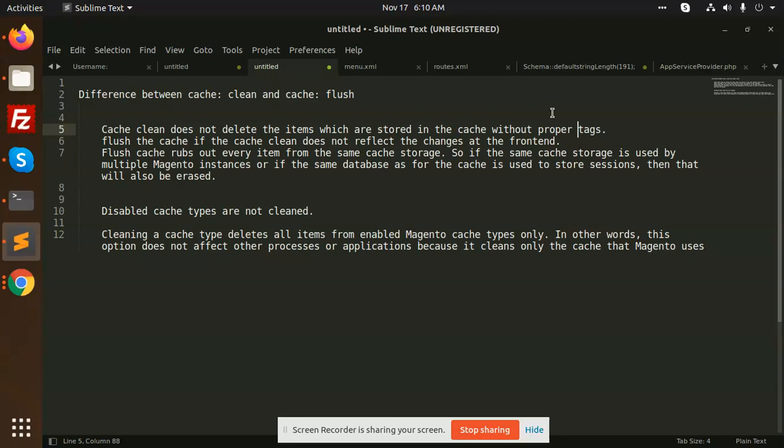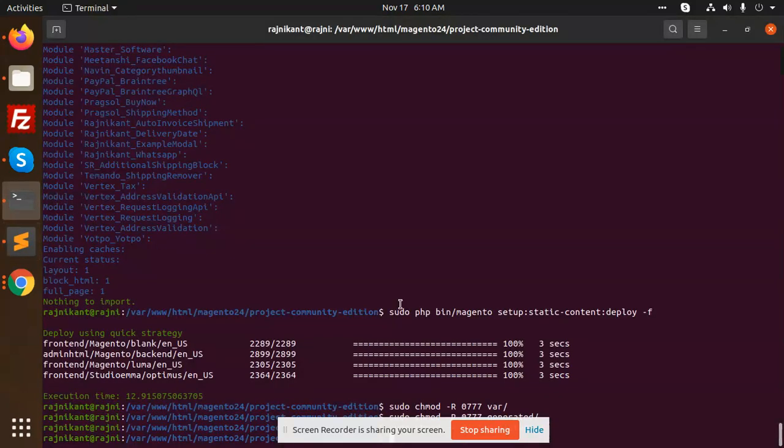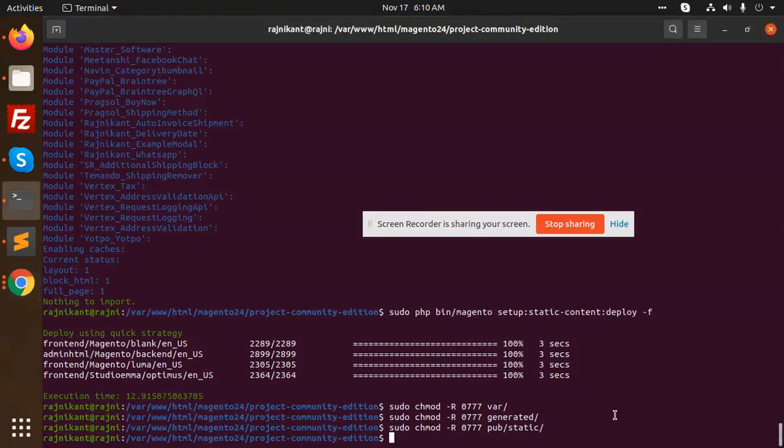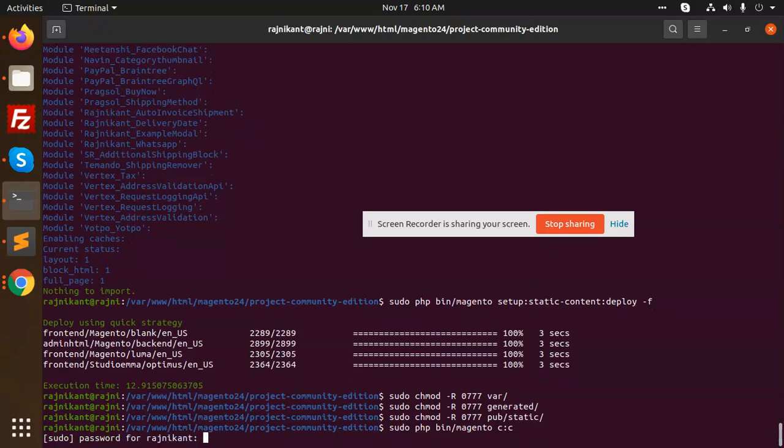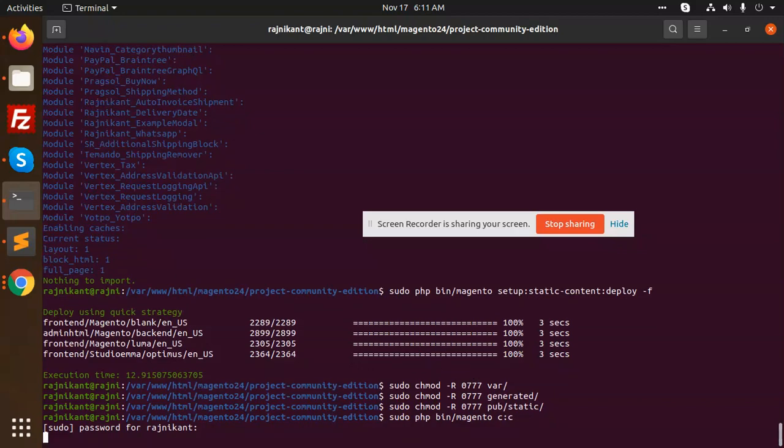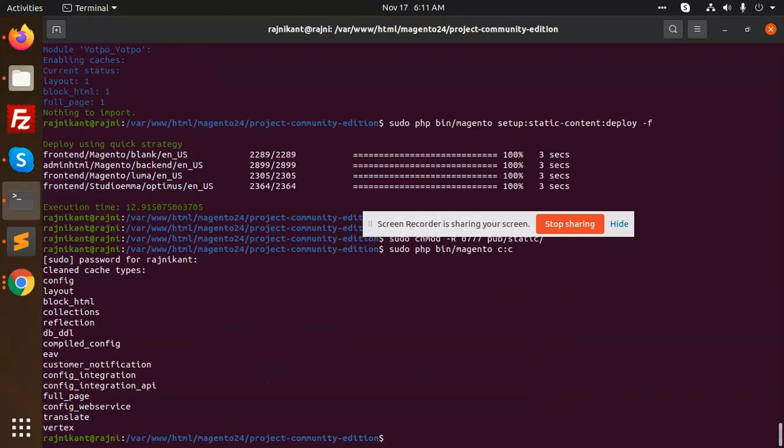So this is the difference between the two commands: when to use the cache clean and when to use the cache flush. So what are the commands for this? If I go and run the terminal, the command is sudo php bin/magento cache:flush or cache:clean. This command shows all the cache types.